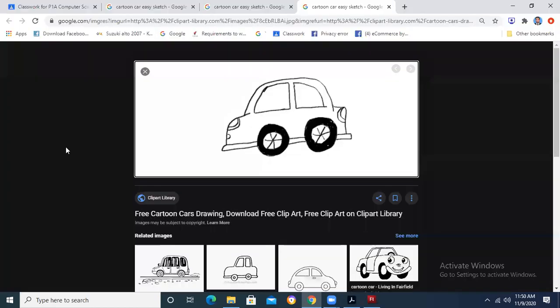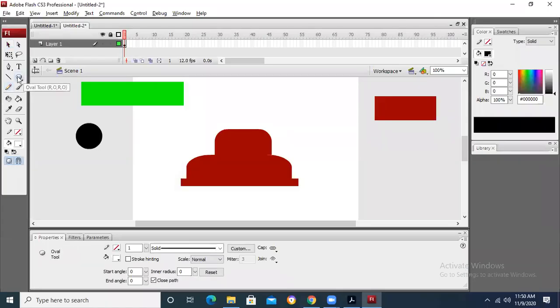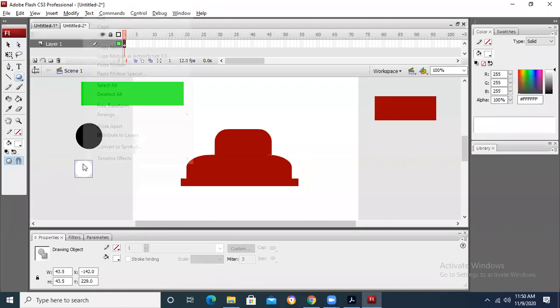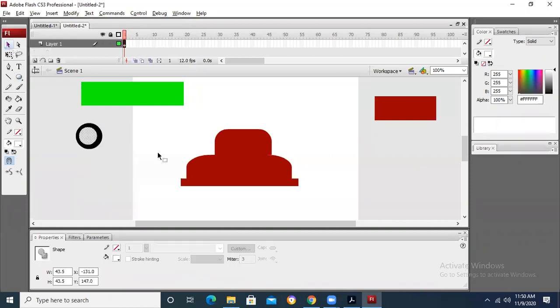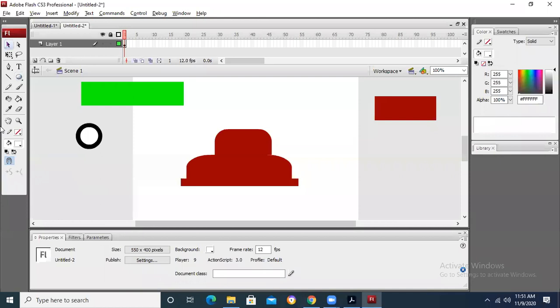Now I am going to take another round shape in white color. Let me break it apart. When I right click, I will say break apart. I can place this inside this circle to make the tires.